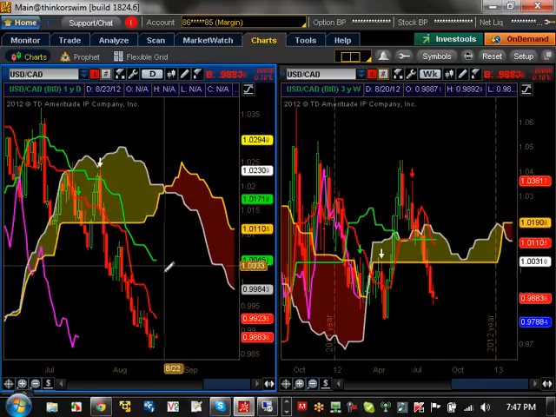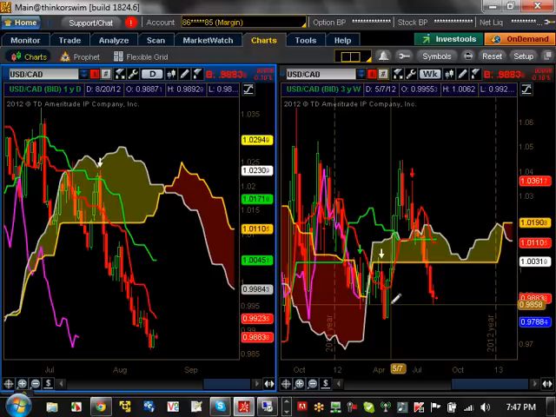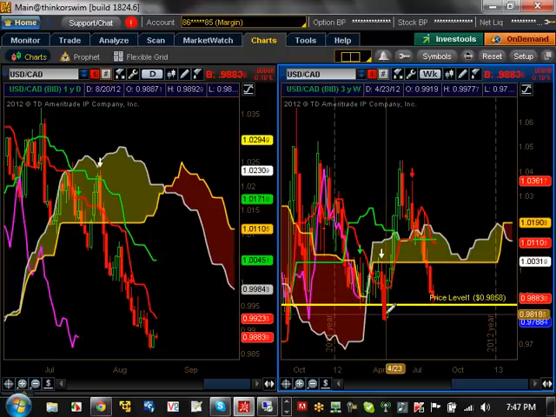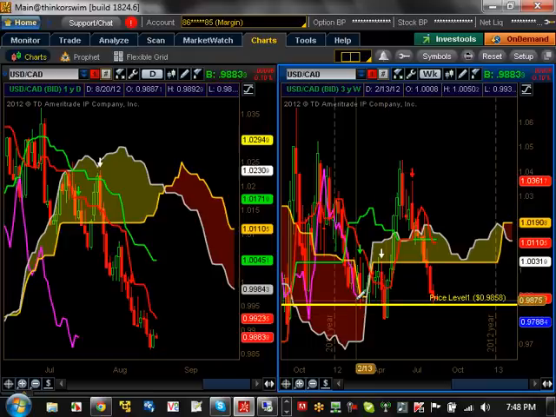US CAD here has been basically bearish trending on the daily time frame. However, the weekly is telling us it needs basically a pullback. And if you look at it, it's at a major support right now. And there's a whole bunch of little supports on its way down, believe it or not. So we basically bounced off 98.58. We need a pullback basically to par at 1 if possible,